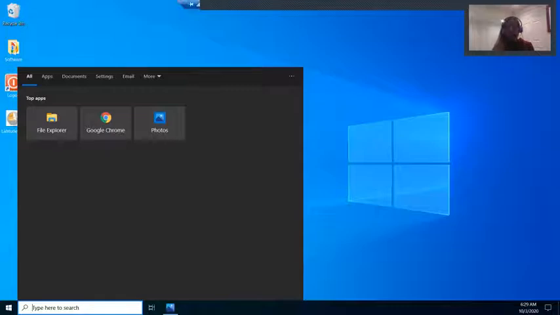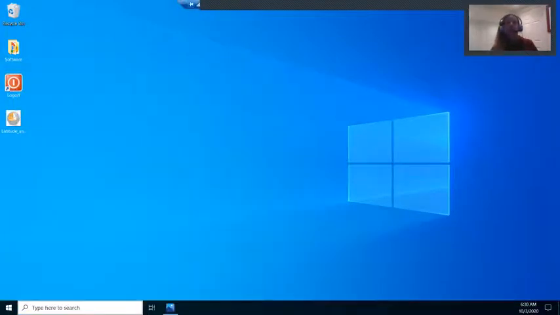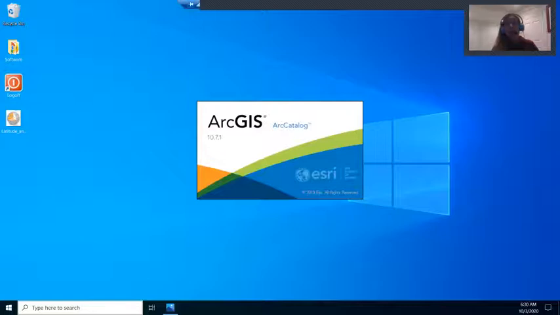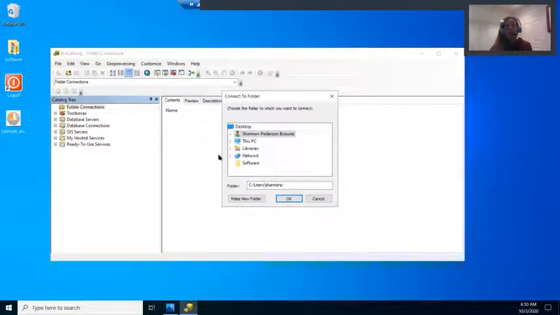So to start, we're actually going to open up ArcCatalogue. And then we're going to tell ArcCatalogue where our data are stored. So we will see folder connections up in this almost top left-hand corner. We will right-click, hit connect to folder, and we're going to look for that Google Drive that we had linked to earlier. So we're going to search for